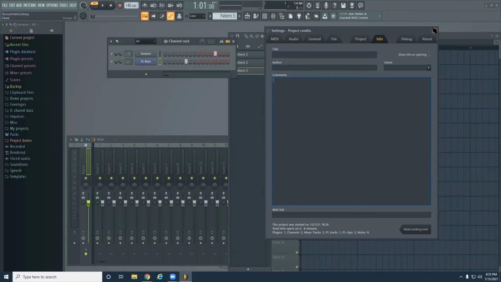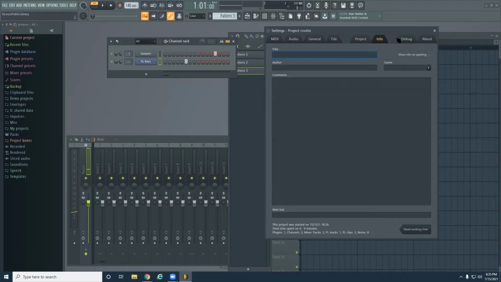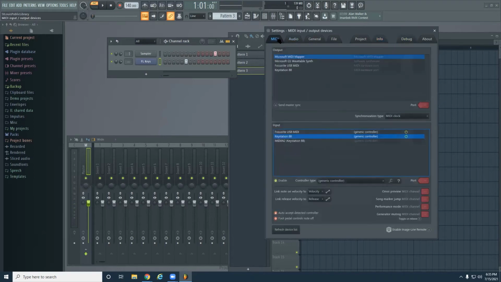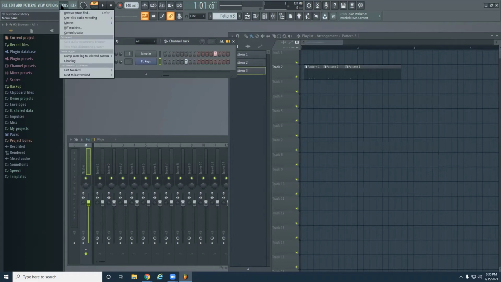And then these two here, these are just about FL Studio in general. I've never really had to do anything about these two over here. It's pretty much just these tabs here. And you would find this again under options. Under tools,